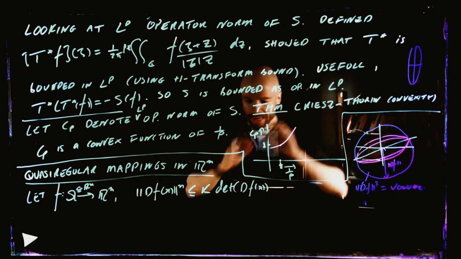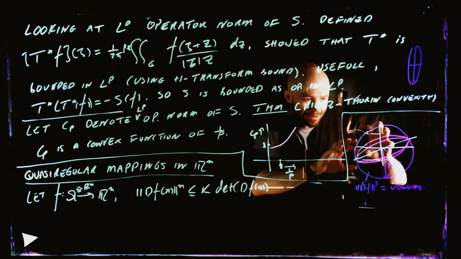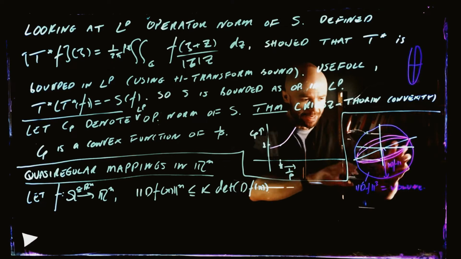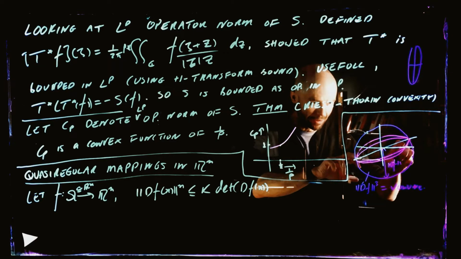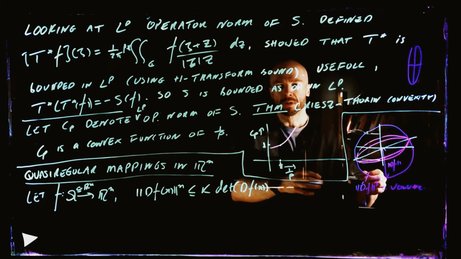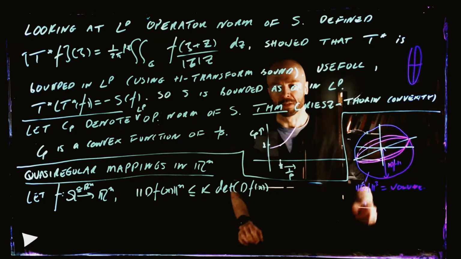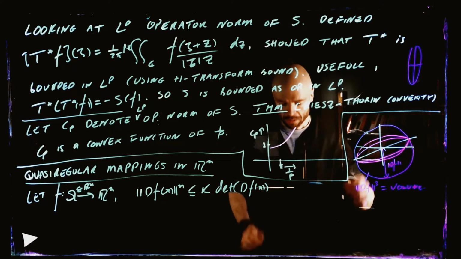If we had k equal to 1, then it would not be the case that the ball containing the ellipsoid has bigger volume than the actual ellipsoid-type thing, and therefore the ellipsoid-type thing would have to be a ball. Yeah? All right, everybody, this stuff we've talked about before, but hopefully you're all clear about it. Thumbs up if that all makes sense to you in higher dimensions. Cool, all right, so